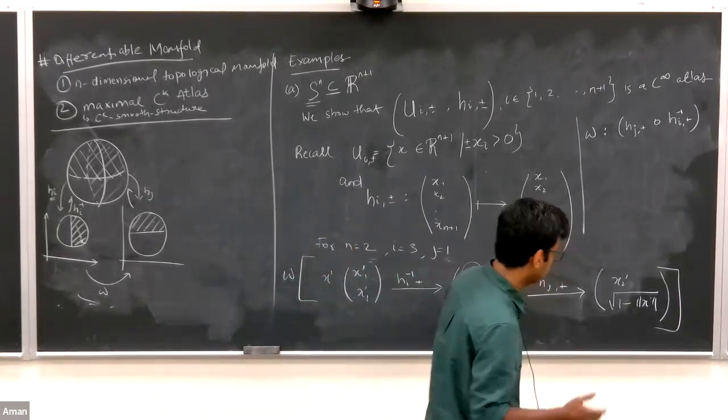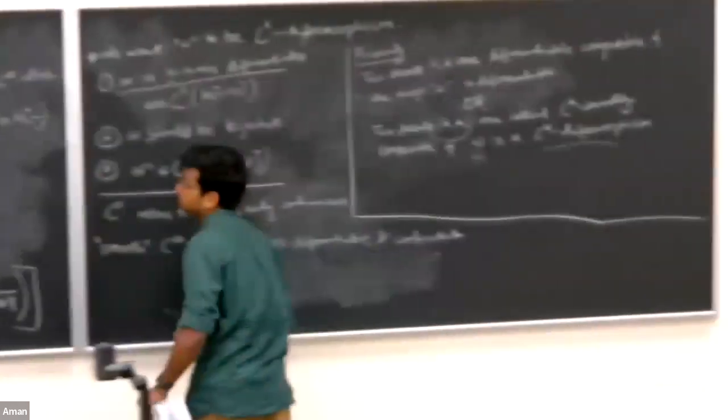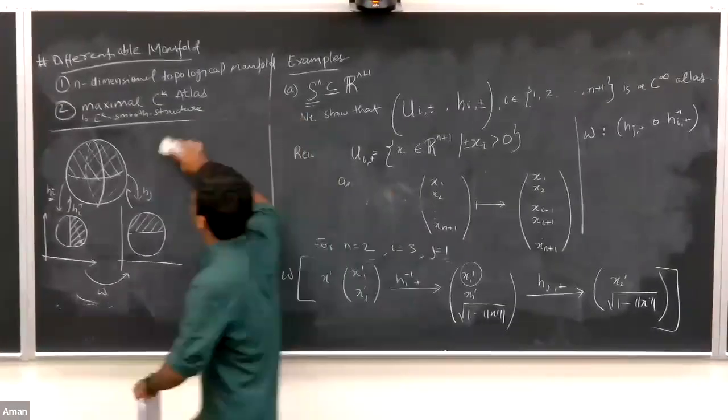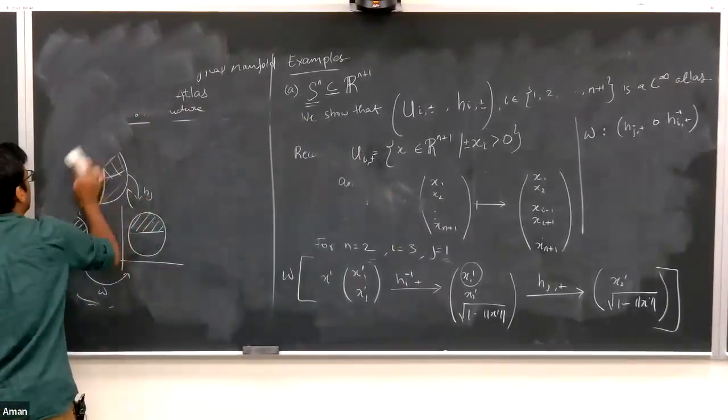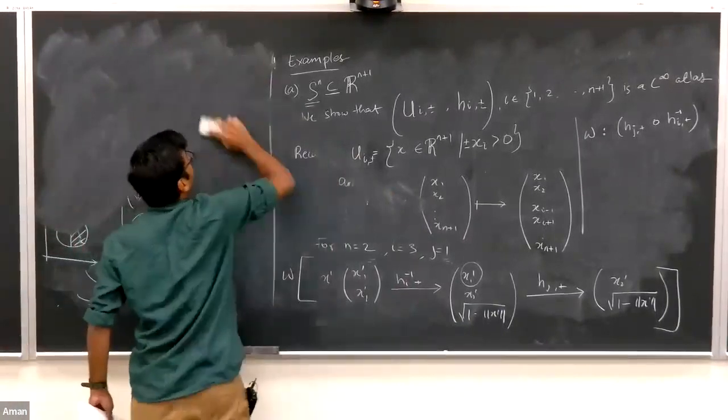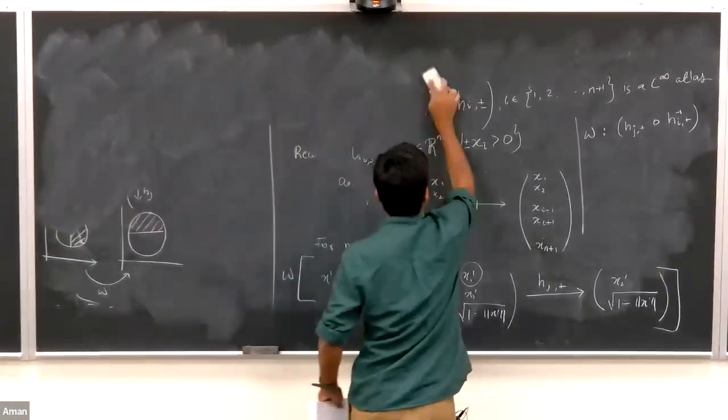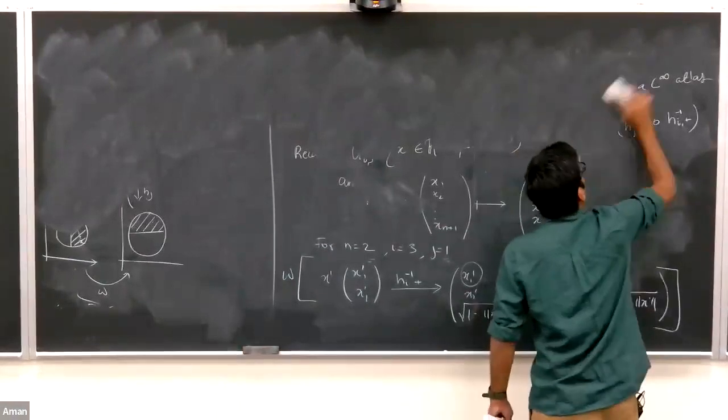All right. So now let's look at one more concept, which is called smooth maps. Then we'll look at tangent spaces, two more concepts actually, and then